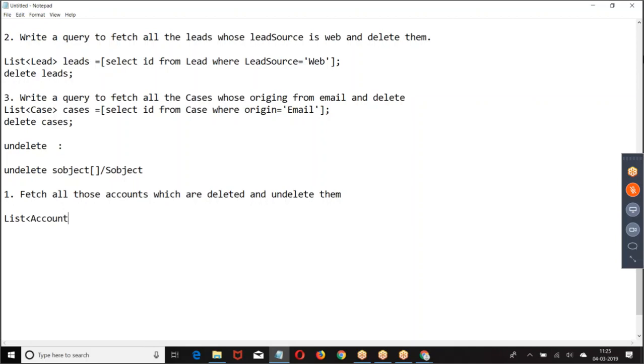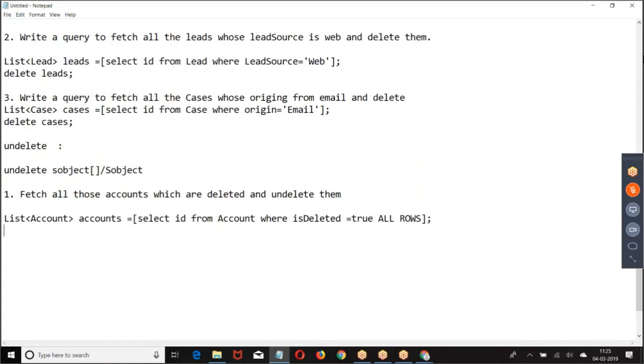List of accounts where IsDeleted equal to true, ALL ROWS. Why did I give ALL ROWS? Only when I give ALL ROWS, deleted records will be coming. All rows means records which are deleted and which are not deleted.